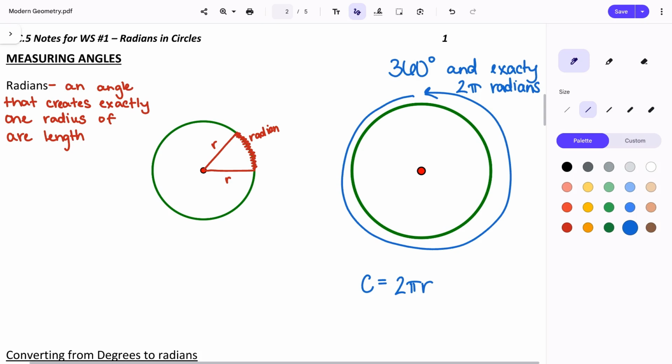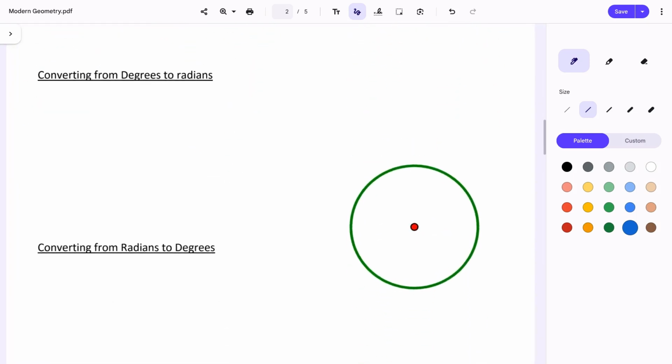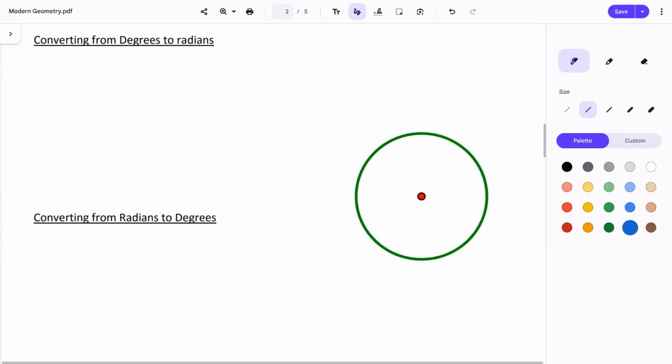So down below, I want to go over how we convert between the two, okay? And then I'll show you what this starts to look like on the circle off to the right. But I'm going to talk about how you convert between degrees to radians and radians to degrees, so how you go back and forth each way. They're fairly similar to each other. In fact, the process is the same. It's just one little piece that we work with is going to have to switch just slightly,